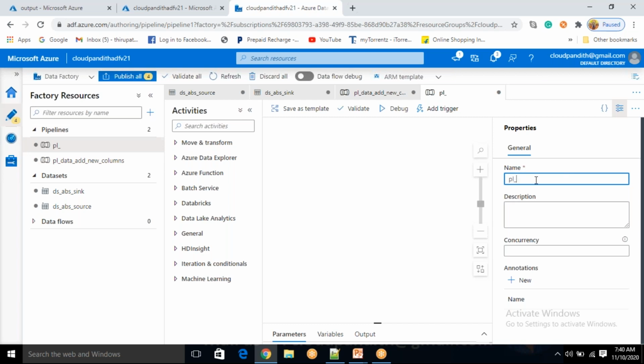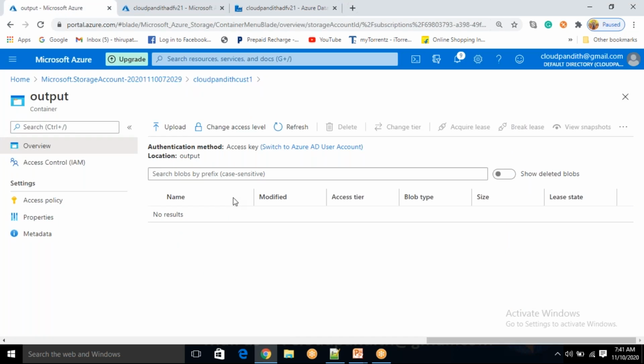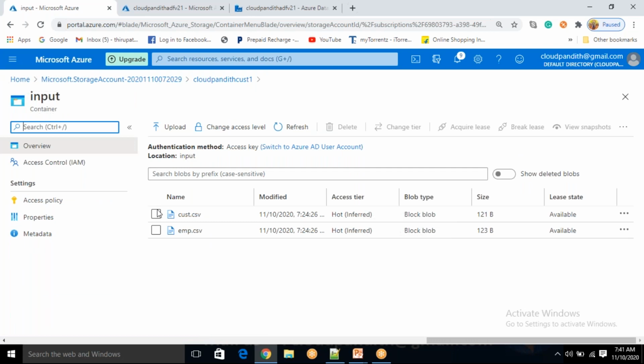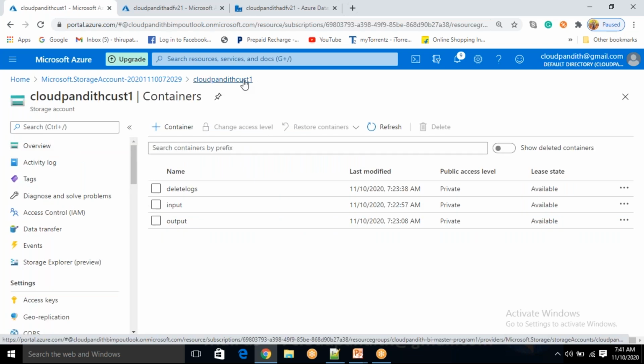I'm asking about manual deletion. If I want to delete 10 files, instead of selecting one by one, is there any select all option for deleting purposes? So from the UI, you mean? Yeah. See, why are you thinking I am just selecting all these one by one? Don't worry, because in real time you are not going to delete something like this. Here, for practice purposes, you are deleting. But as per your question, the answer is you don't have anything called select all. You need to select one by one. Okay, sir.